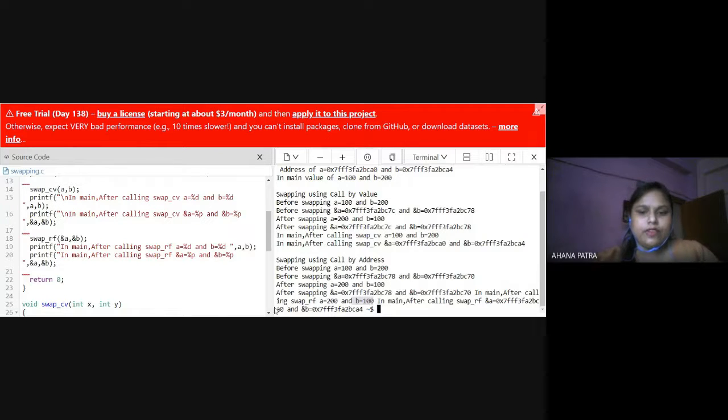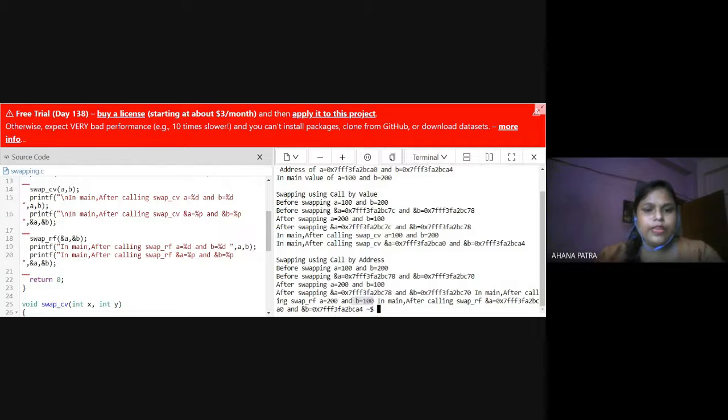That means this effect is seen in the main function also. The values of a and b are also changed in main. In main after calling swap, the addresses are different, but the values are also changed.